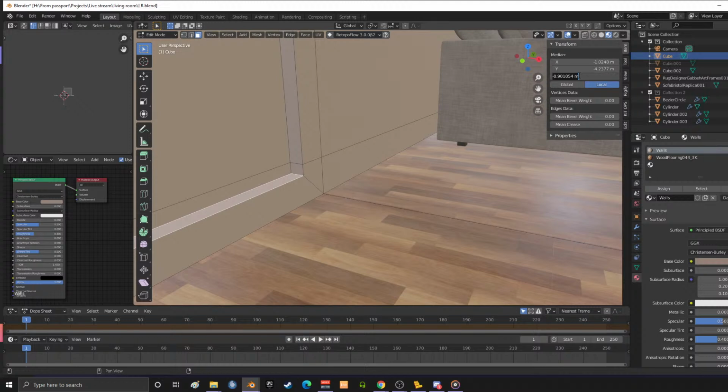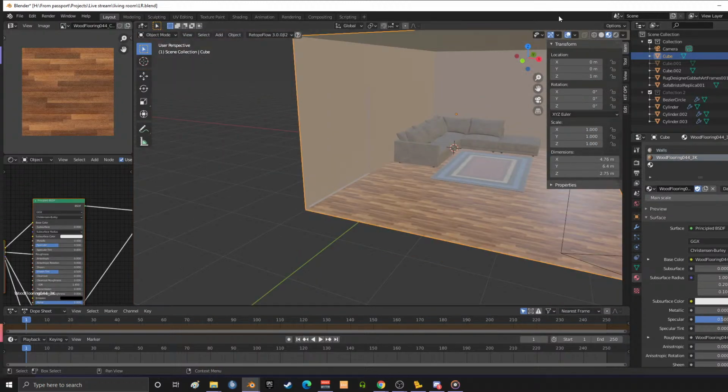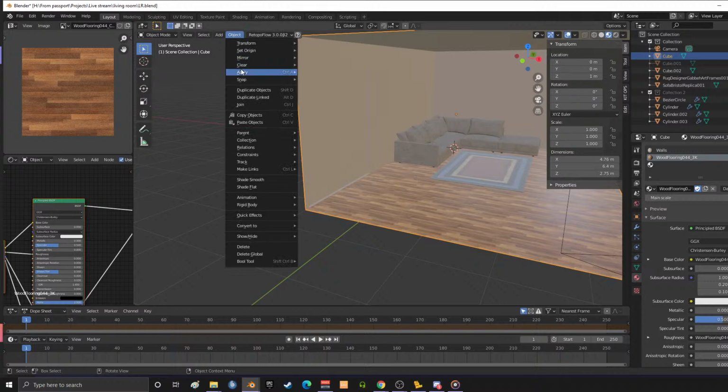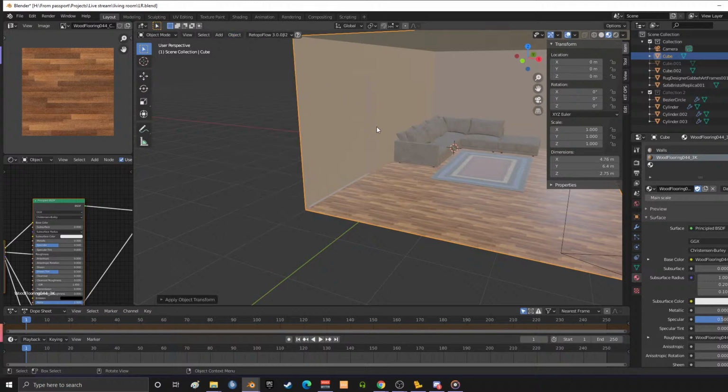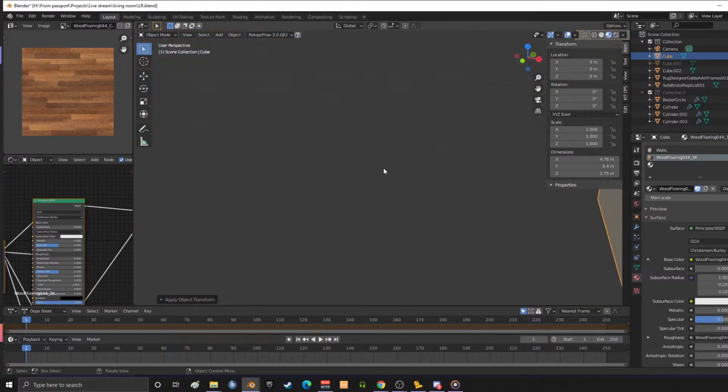Item. Is this the whole tool? Oh, or is it -1? Yeah, -1. My 0 must be... Oh, I did not apply the movement of my block. So if I would have said object apply location, then this is 0. Okay. So anyways,